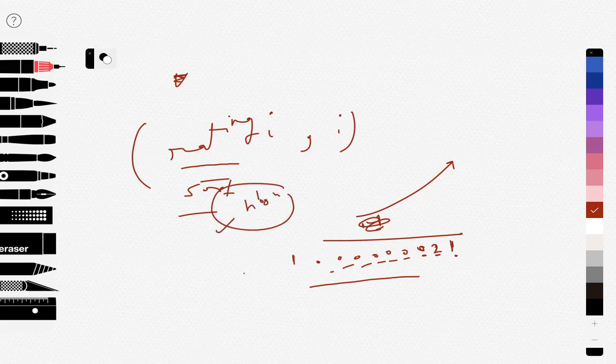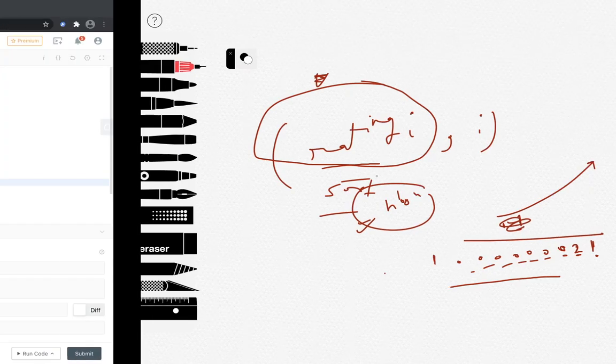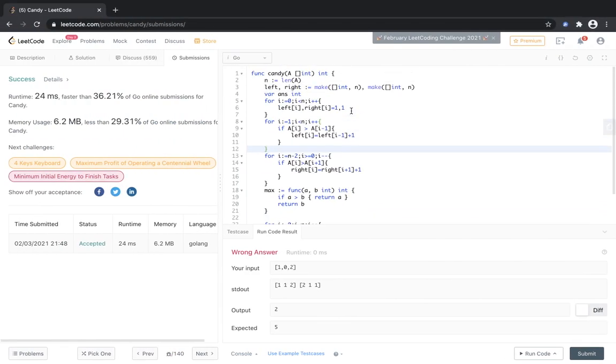So that is why it has a bit more complexity, but it is easier to reason about, because obviously we are picking the one with the lowest rating first and then assigning the value to that person, and then we are picking the next higher rating and the next higher rating, and like that. So whatever value is assigned to any person would be the correct value based on its neighbors, and initially all values are 0. So that would also work, and you can try to implement it. It's kind of like an exercise which you can try. But yeah, these are the two ways we can do this question.